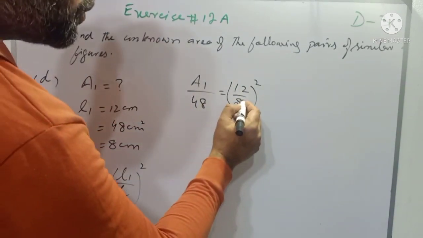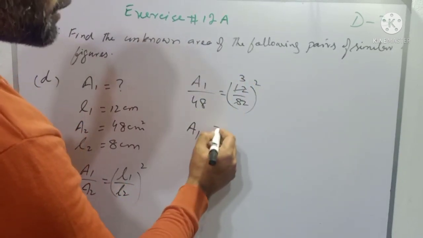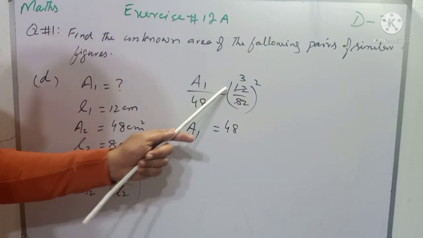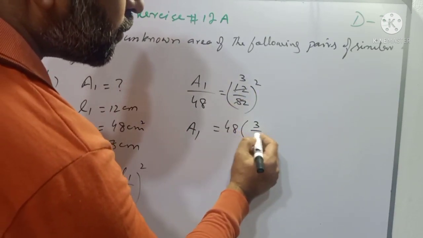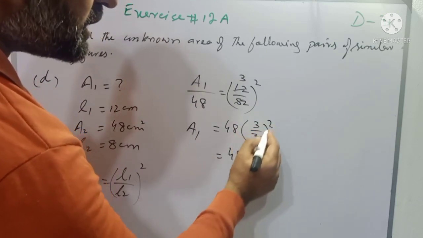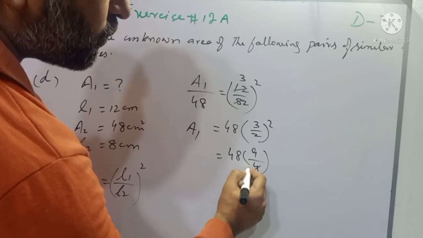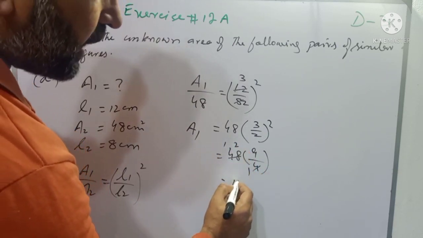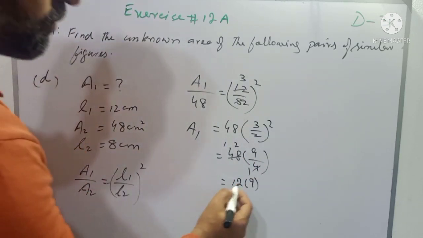न्यूमिनेटर और डिनोमिनेटर बच्चों 4 के टेबल से कैंसिल हो सकते हैं, तो यह आएगा 4 2s are 8 4 3s are 12 और एरिया ऑफ फर्स्ट फिगर विल बी इक्वल टू 48 क्योंकि 48 लेफ्ट साइड पर डिवाइड कर रहा है, राइट साइड पर जाकर मल्टीप्लाई करेगा इनटू 3 ओवर 2 स्क्वायर। और बच्चों 48 इंटू 3 स्क्वायर मीन 9 whereas 2 square mean 4 and 4 1s are 4 4 1s are 4 and 4 2s are 8। तो 12 into 9 and when we multiply 12 with 9 we will have